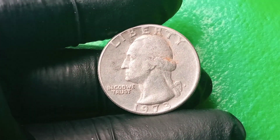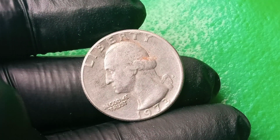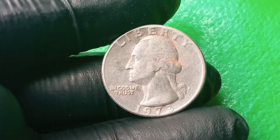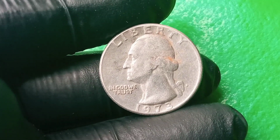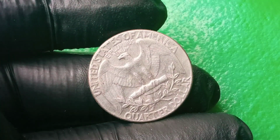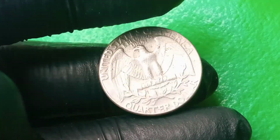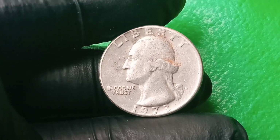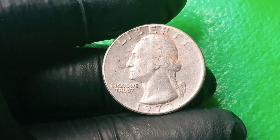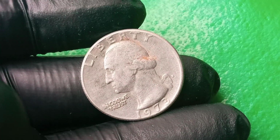Well, let's start with the base material, because there are documented examples where instead of the expected clad composition of copper nickel, certain 1973 quarters were mistakenly struck on silver planchets left over from pre-year 1965 minting stockpiles, and while the US Mint had officially stopped using silver for quarters by 1965. The transition wasn't as clean as most people think, as leftover silver blanks occasionally found their way into the coin presses, especially when mixed planchets were stored improperly, so when a 1973 quarter is found to have a silver composition,